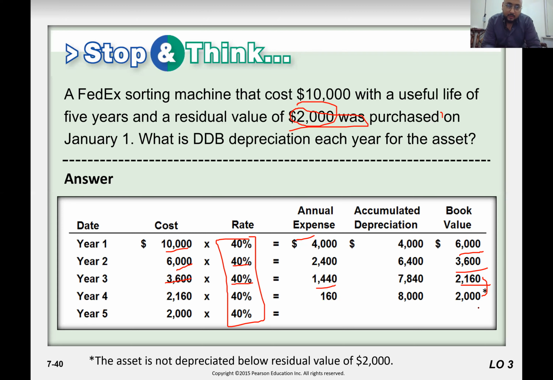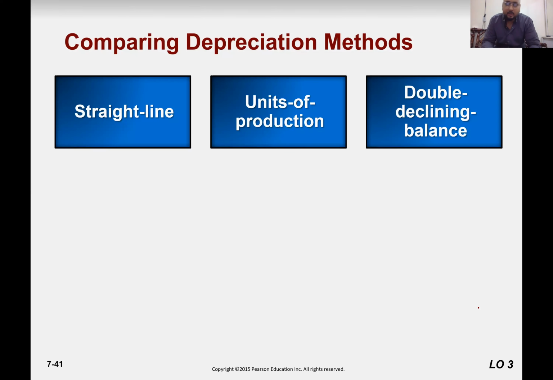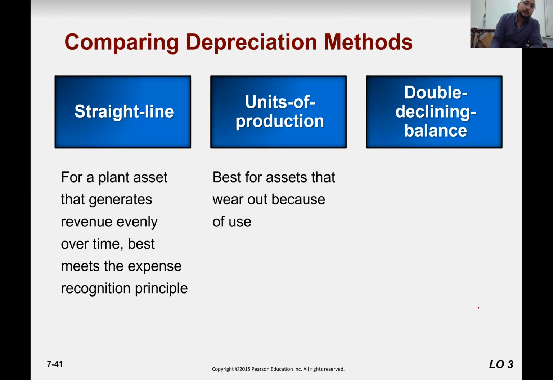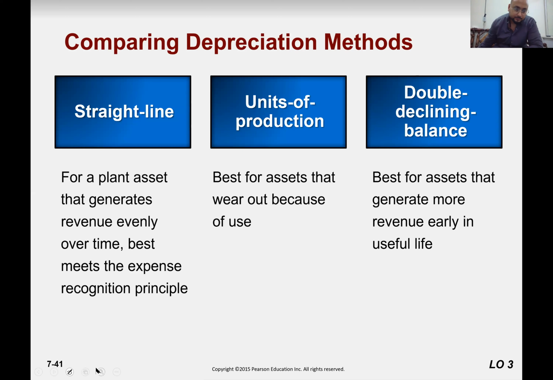So let's just talk about the comparison. I already told you the straight line method distributes the cost evenly based on time, based on the number of years. It spreads the depreciable cost evenly